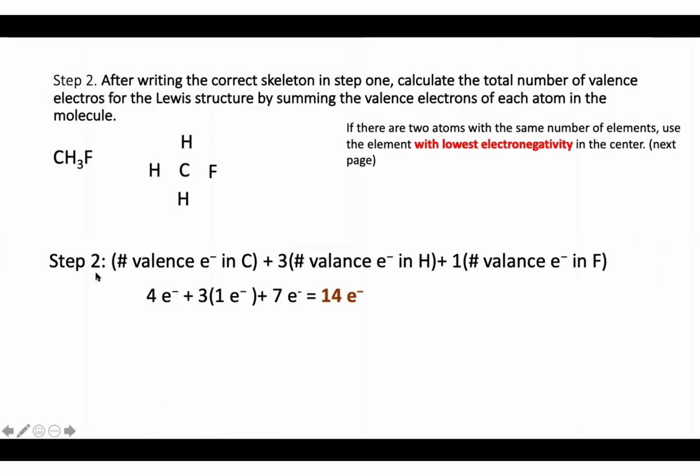So you might ask, okay, wait, carbon is 1 count here, and fluorine has 1 count. So how should I decide which one goes in the center? I'm just telling you, this doesn't happen a lot. But if you encounter this situation, I should tell you a very important topic here. That's the concept of